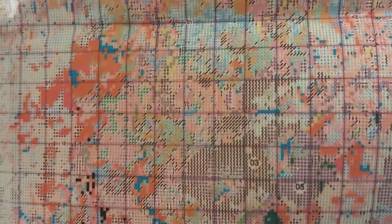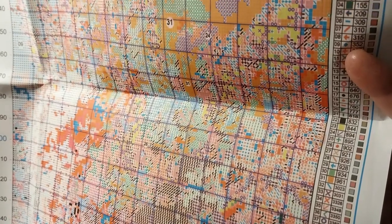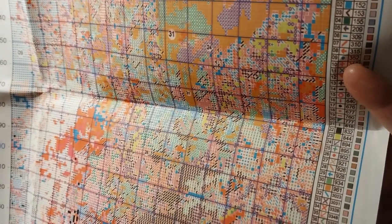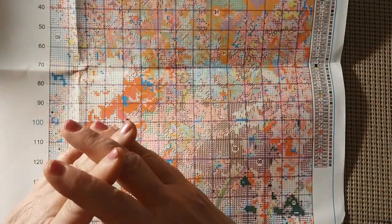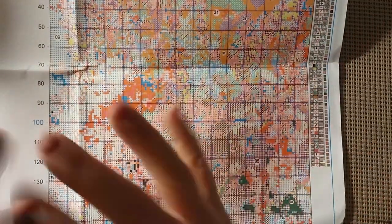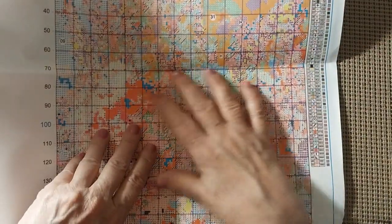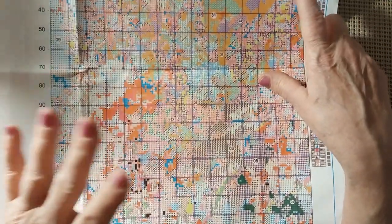But yeah, I'm going to hold this up. But you can still see this pattern. But the paper pattern will match the canvas. It does have its blotchy moments. But if it was me, I've never done this before. Number one, I wouldn't get this kit. But if I've never done this, and I got this pattern, and I wasn't sure about a symbol or whatever,